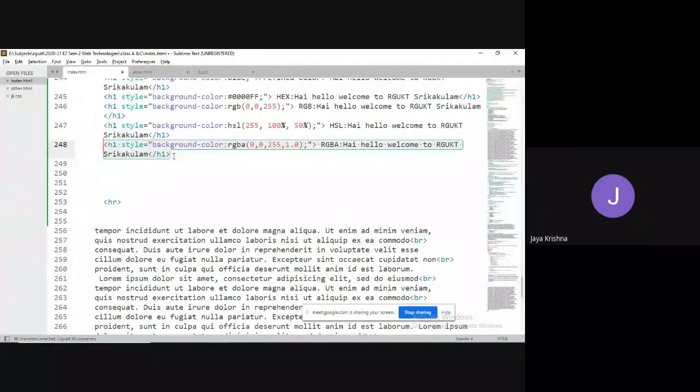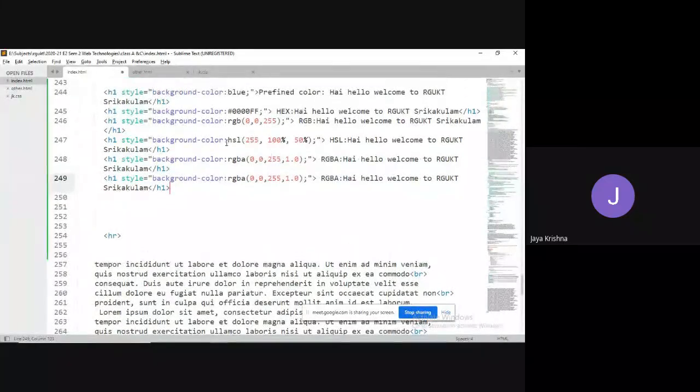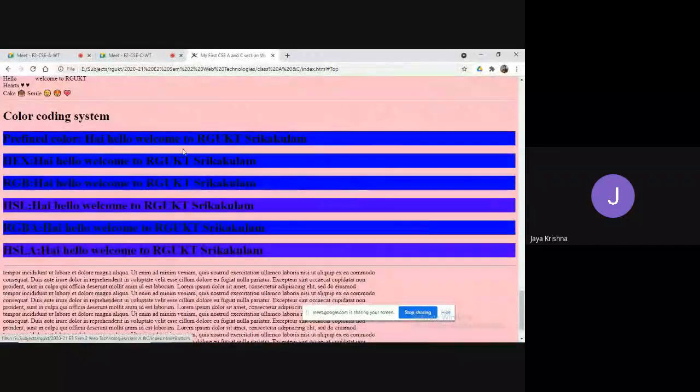The sixth way is HSLA, comma 1.0. Right or not? So these are the 6 ways we can apply colors to our HTML elements.